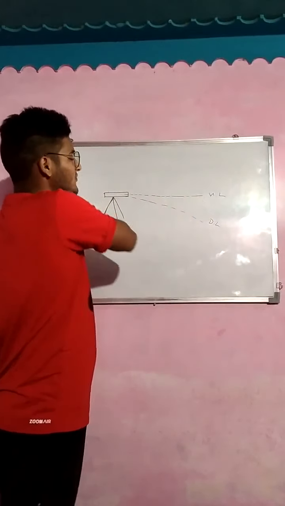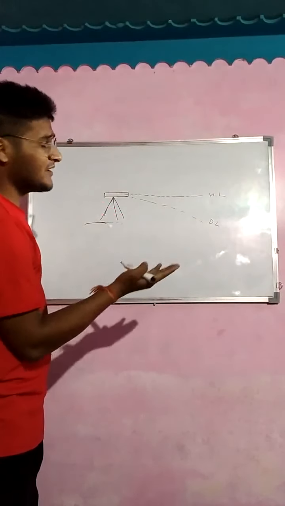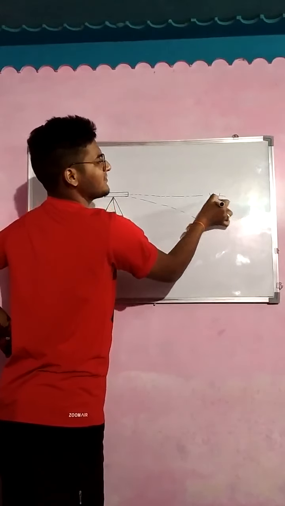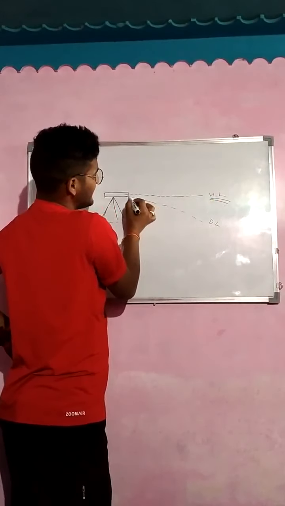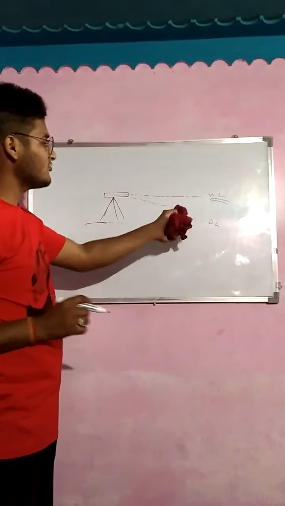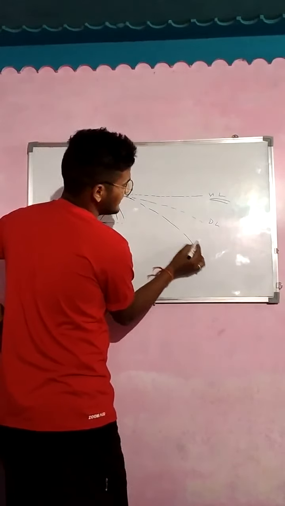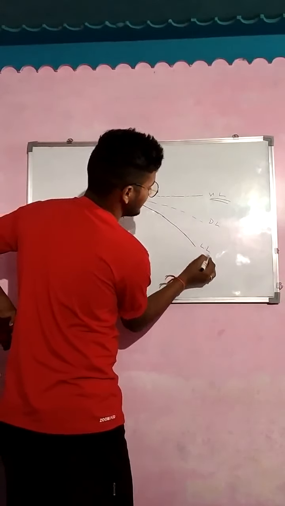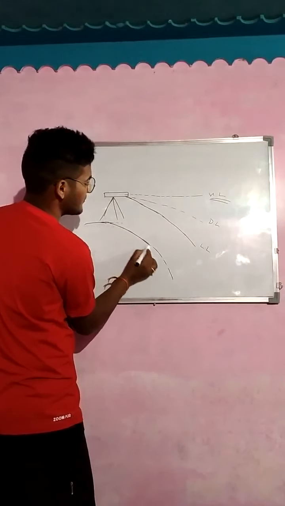Okay, so the line of sight should be horizontal, but in actual due to refraction जो आपकी line of sight होती है, होनी तो यहाँ पे चाहिए थी आपकी, कहाँ पे, horizontal, but it got deflected, so that's why this line is not here. So this comes here, so अब आपकी जो रीडिंग आएगी उसमें there will be an error, so this error is taken, so this line is level line, this line is level line, and this is your ground level.